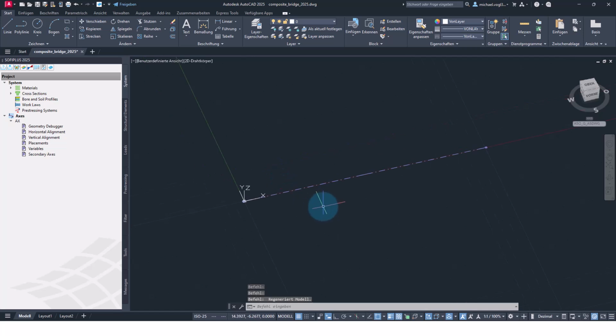Now we will also create secondary axis, which we use to define the position of the main girders and the limits of the slab in cross direction.